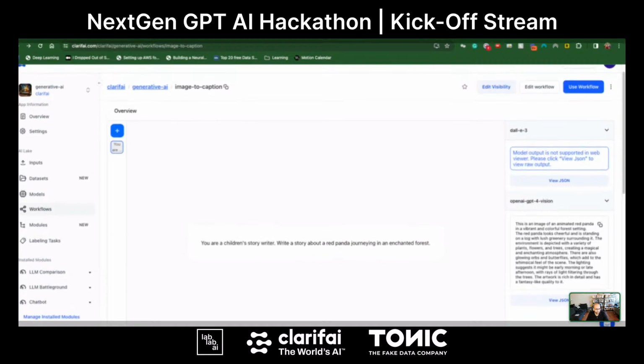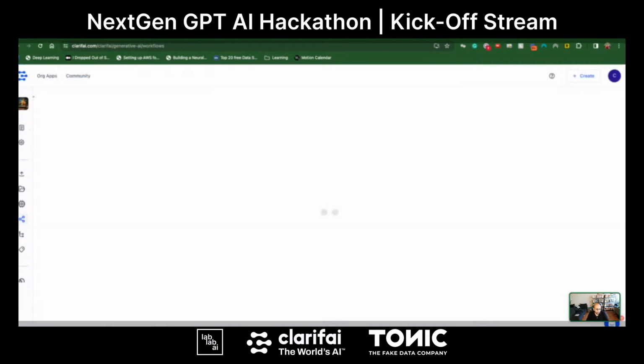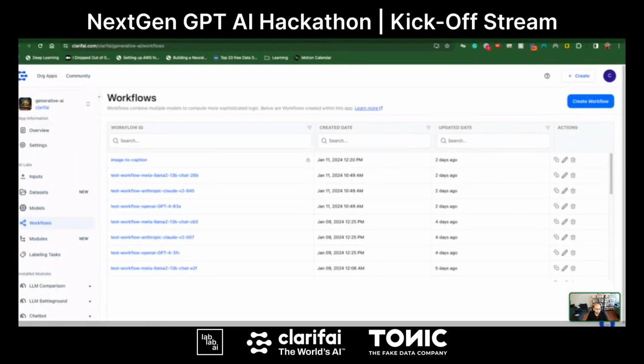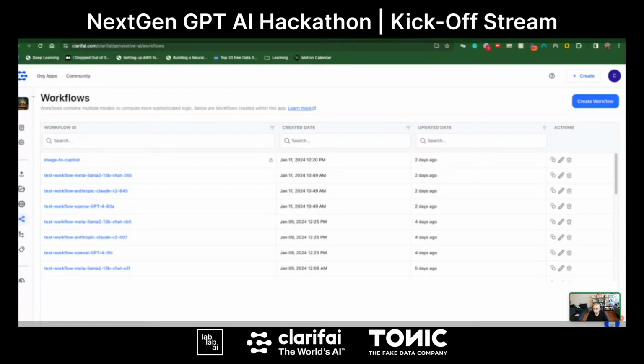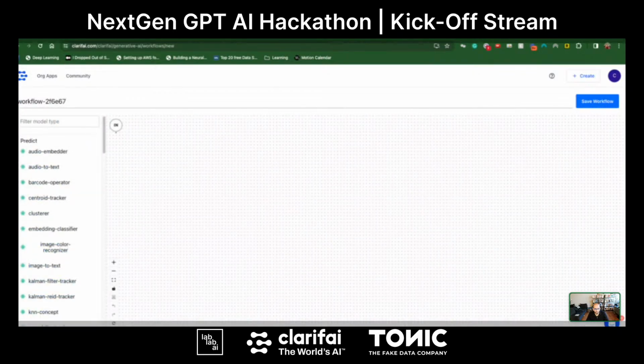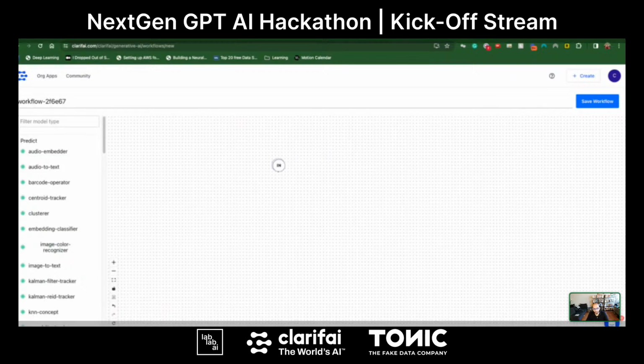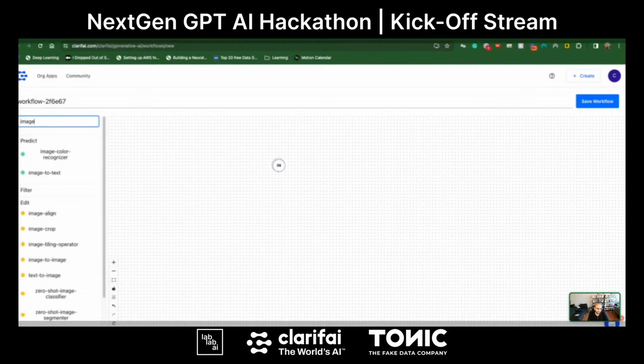Once you have created an application and you're not using the pre-built workflows, or under any application, you will be able to go to this workflows tab. And you can create workflows. I already have created some, so we're just going to ignore them for now. It's just a graph mode, right? It's just a graph where you want to, for example, let's create a new workflow where we do image generation.